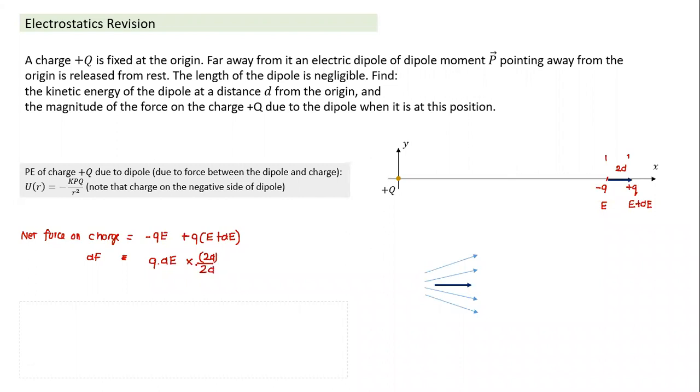Can you think of why I'm multiplying and dividing by 2d here? Because I want the result not in terms of q, I want the result in terms of the dipole moment. So q into 2d becomes the dipole moment, and the other term becomes dE by 2d. What is 2d? 2d is a small distance along the dipole. Actually, the distance can be taken as dx here, and dx indicates a difference in the position vector of the two ends of the dipole. So 2d also can be taken as dx. So it becomes equal to p into dE by dx. That's the force on the dipole.